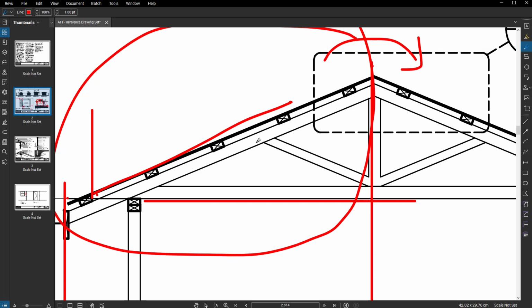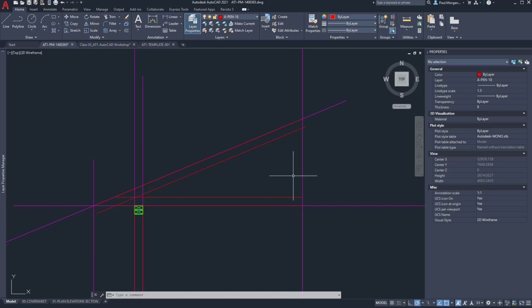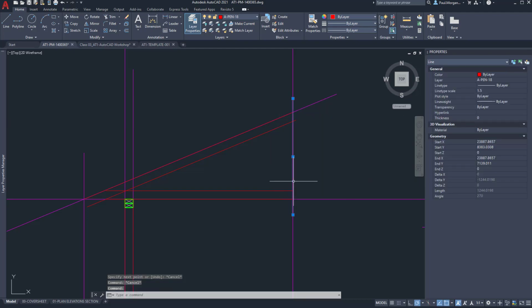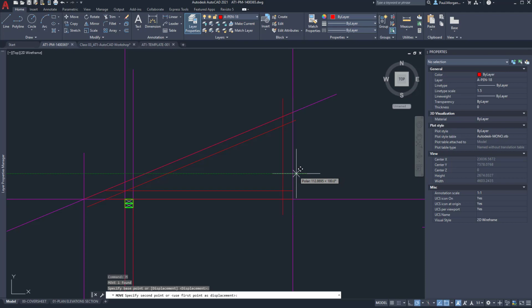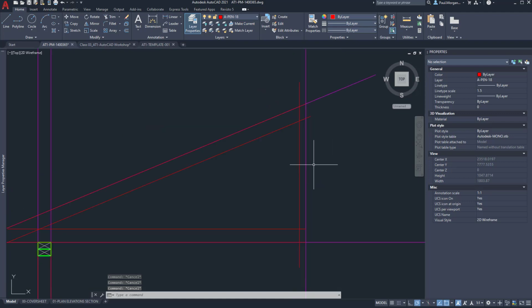That's probably at 30 degrees, or it could even be at 22 as well. In fact, it maybe is at 22, the same as the angle of the top chord. So what I'll do there is I'm just going to draw a line going down the middle, and I'm going to just move this one side to 45 mil. Now the reason being is when we mirror this over, you'll get your 90 mil